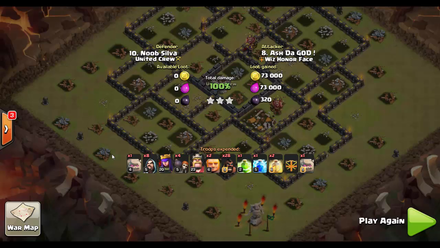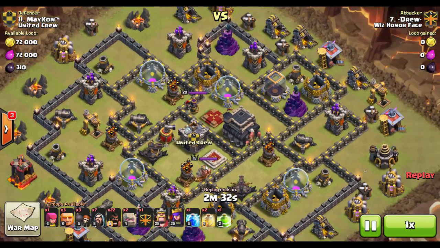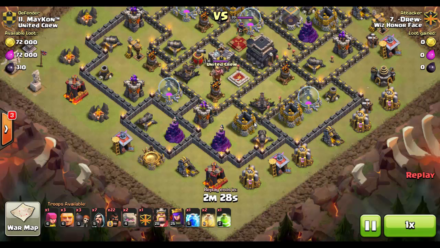So let's take a look at another attack here. Alright, so this is going to be an attack by Drew. It's another one that is going to use a 3 golem entry, and he's going to come at the queen from the far side of the base here, but this is a really smart attack in that he's going to